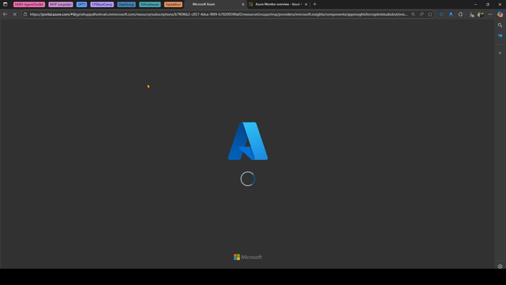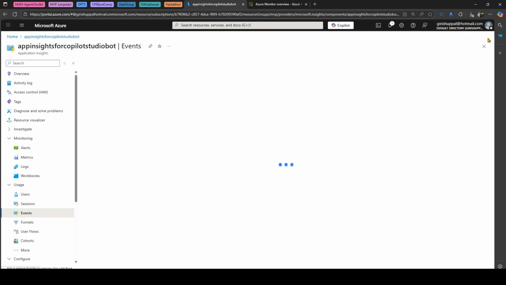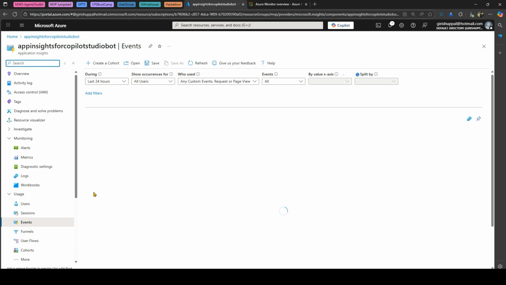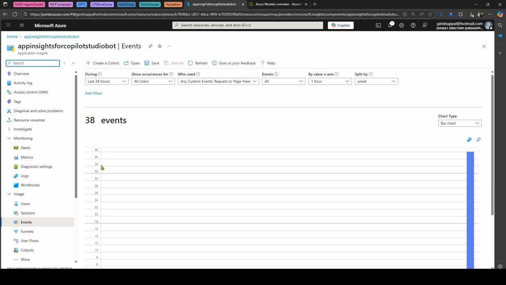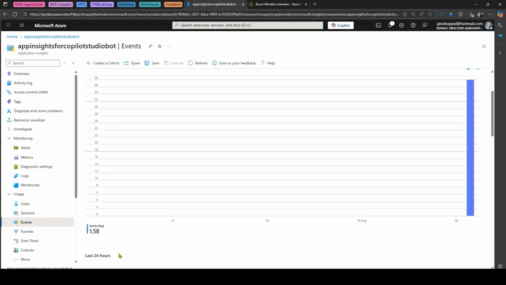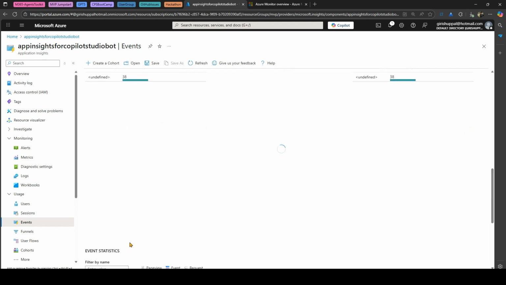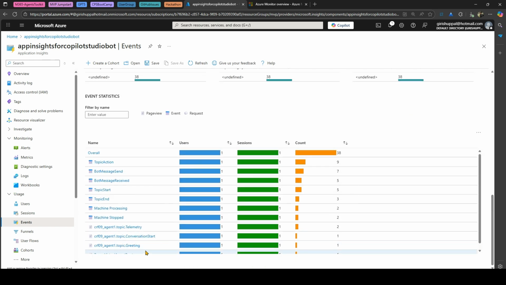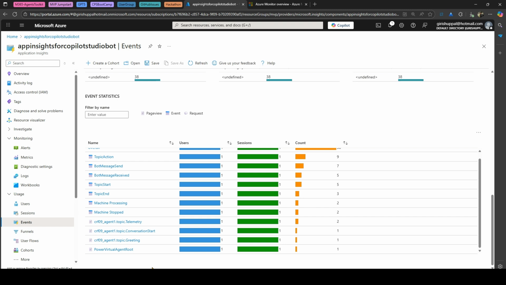Now let me refresh the Microsoft Azure interface and go to events. And now you can see there are more events. There are 32 events. Go to view more insights. And here you can see the custom events which have now been processed. So as you see, machine processing and machine stop, these are the custom events. Now as you see the count, two times we did call that particular topic, telemetry, and then it has sent